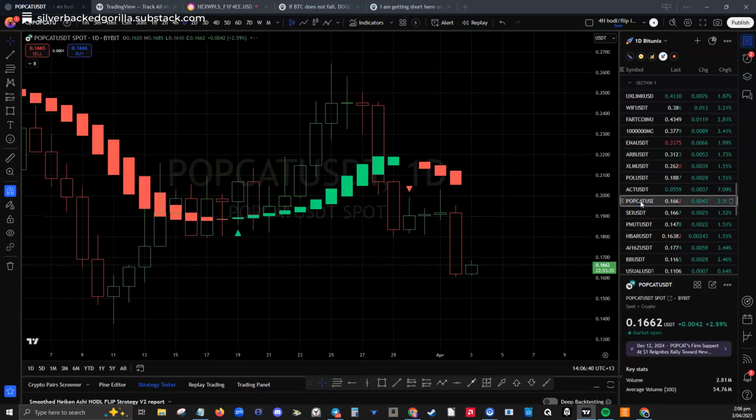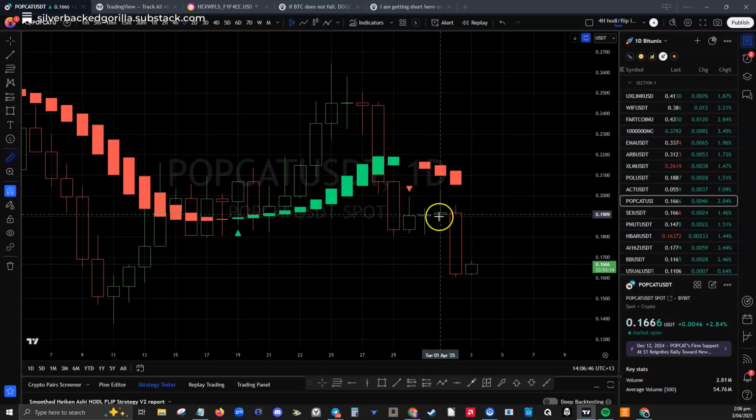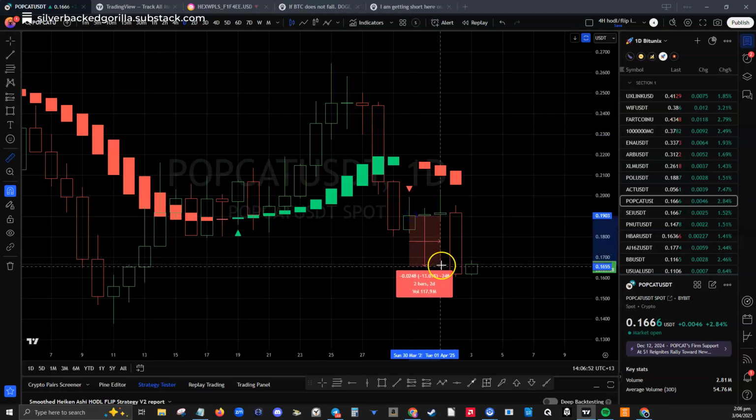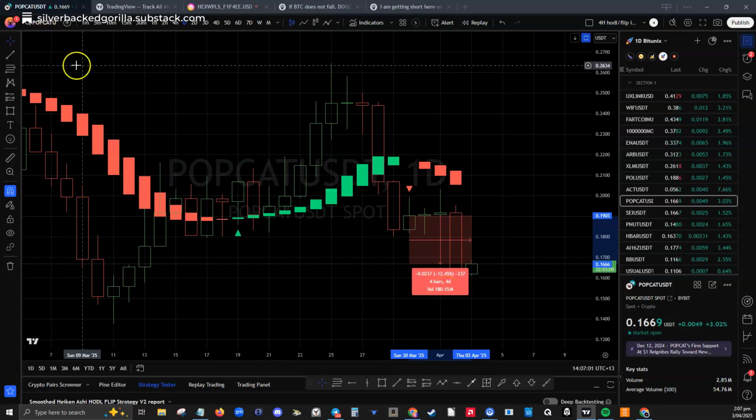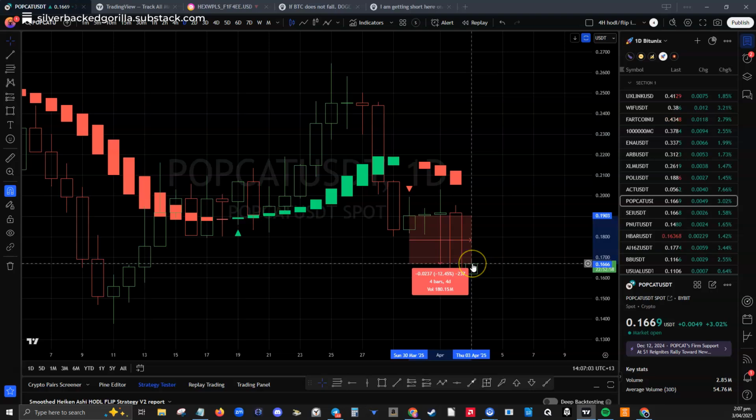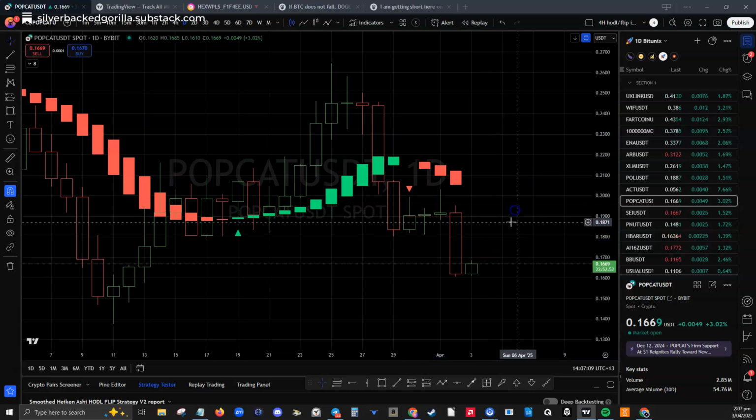Popcat, for example. Today you don't hold it, and you would have saved yourself. I would have told you on the 30th of March, or you can advise your own self. It would have been right there, and today it would have been right there. Within 4 days, I would have saved you 12.45%. And if you love your Popcat so much, you would have bought 12.45% more of it with your USD. So if you love it, or you hate it, or you're just trading it, this data